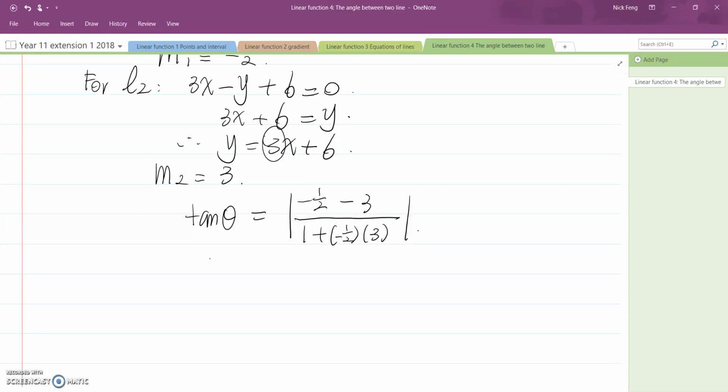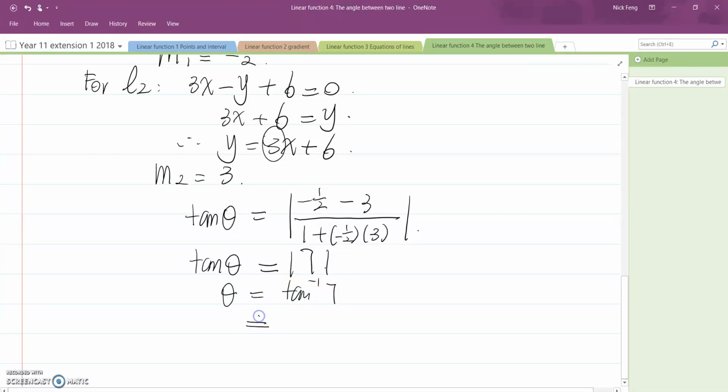So tan theta equals negative half minus 3, divided by 1 minus 1.5, which is 7. Absolute value of 7. So therefore theta is equal to tan inverse 7,